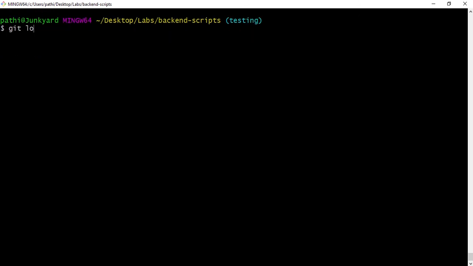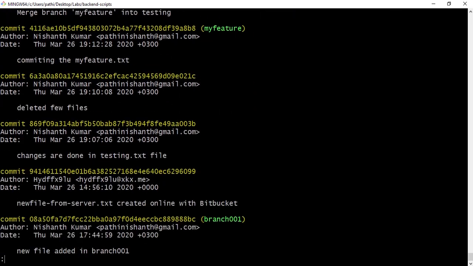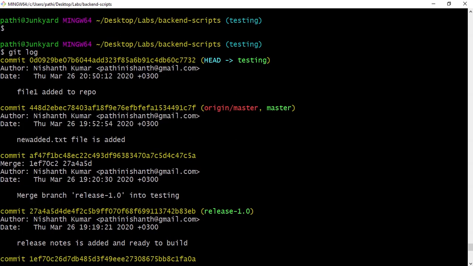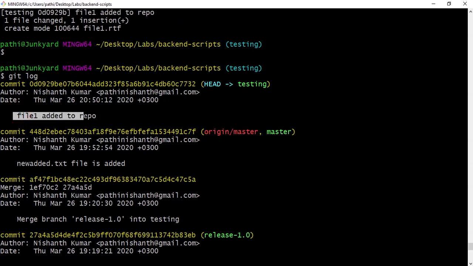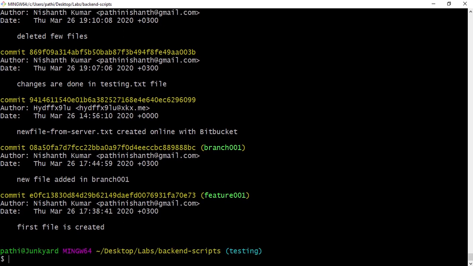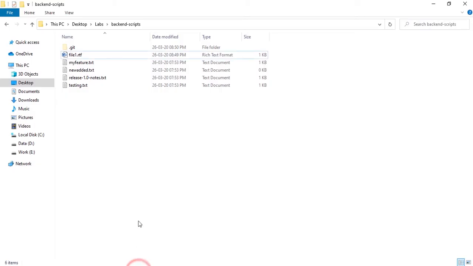Now if you see the git log, you can see that one file got added. This is the first file created, and you can see that file 1 added to the repo. Now let's go ahead and add one more file.